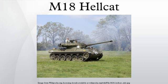Although sustained travel at road speeds was hardly ever used outside of the Allied response during the Battle of the Bulge, most Hellcat crews found the higher speeds especially useful in a sprint to flank German tanks, which had relatively slow turret traverse speeds, and such maneuvering allowed the tank destroyer crew a shot instead into the enemy's thinner side or rear armor. In general, Hellcat crews were complimentary of their vehicle's performance and capabilities, but did complain that the